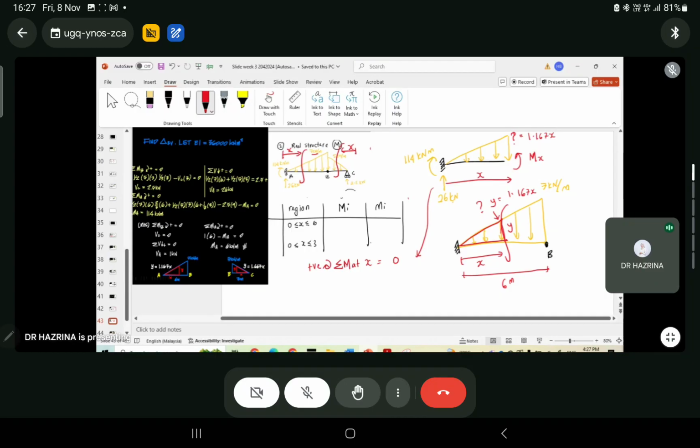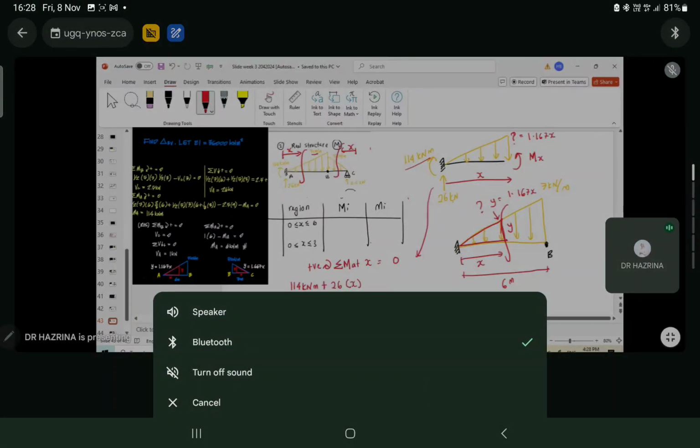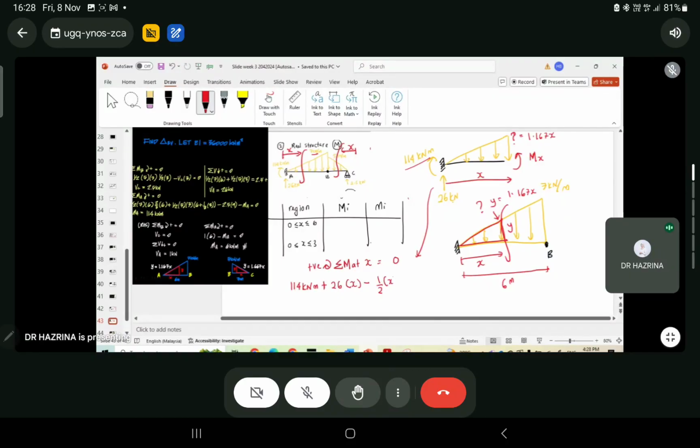So in this case you have 114 kilonewton meter clockwise, and then plus 26 times X, anticlockwise,